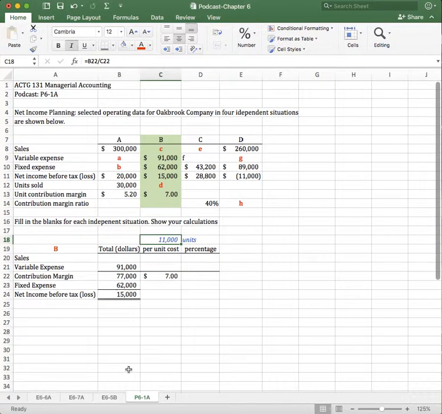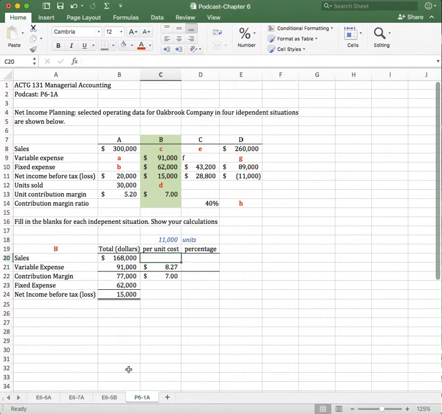So once we have the 11,000 units, we can now calculate our variable expense by taking the $91,000, dividing it by 11,000 units, and we know that the per unit cost for variable is $8.27. We can now calculate total sales. That's going to be variable expense plus contribution margin, or